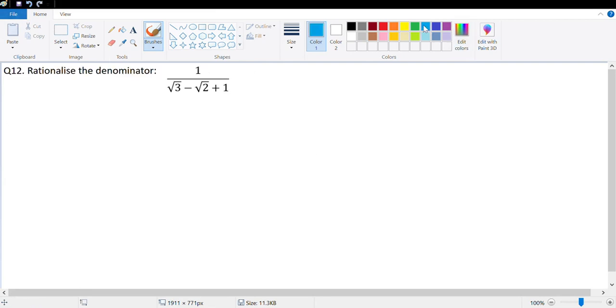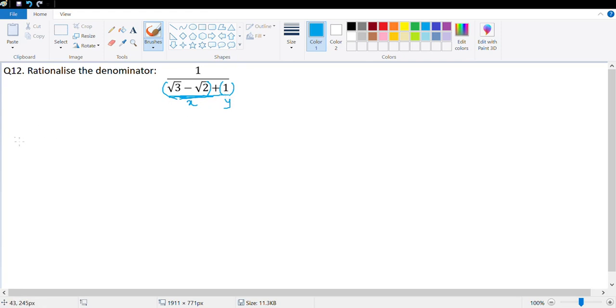This is probably the most important or the most difficult question for no other reason but because this has 3 terms in the denominator. So let's see how we'll work with this. Let's call this term x, which is root 3 minus root 2, and let's call this term y. So we are breaking this in the form of x plus y, which means when I rationalize it, I will rationalize it with x minus y. That's the only thing, which is I take the first 2 elements as x and this next element as y.